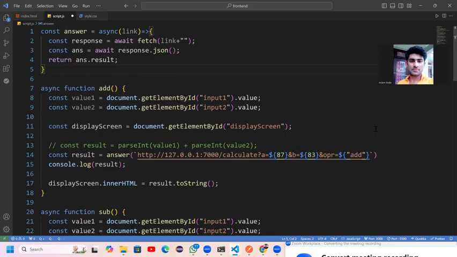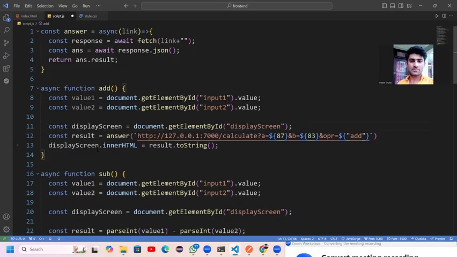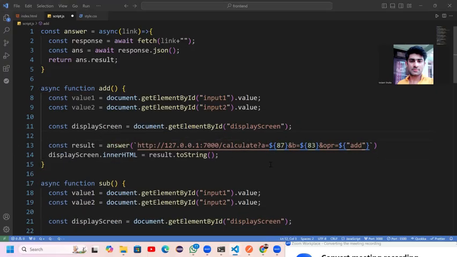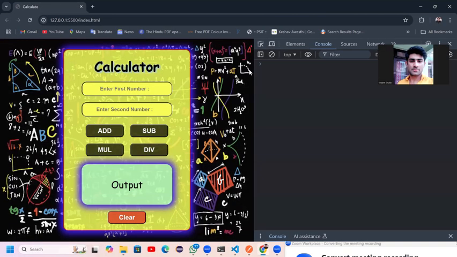ये सक्सेसफुली चल रहा है। अब मुझे क्या करना है, 87 और 83 राइट नाउ मेरी वैल्यूज़ हैं। उसके अनुसार मैंने यहाँ पे ऑपरेटर डिफाइन किया है ऐड। और मैं क्या कर रहा हूँ राइट नाउ, जब मैं यहाँ पे जस्ट उसको रेंडर कर दे रहा हूँ, जो भी रिजल्ट में आंसर आएगा मैं इसको भी रिमूव कर दे रहा, इसकी भी कोई ज़रूरत नहीं है अब। ठीक है, अब मैं चेक करूँगा इसको वेदर फ्रंट एंड से कनेक्ट है कि नहीं। ठीक है, तो मैं क्या करूँगा, यहाँ पे दो नंबर्स डाले। ठीक है, the 3498 and 340